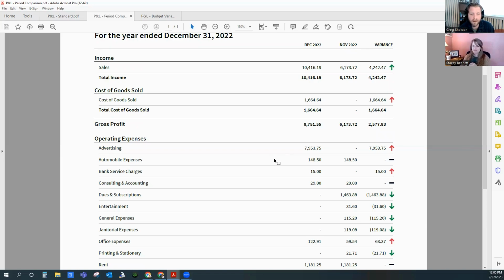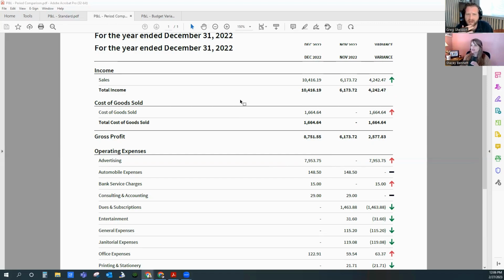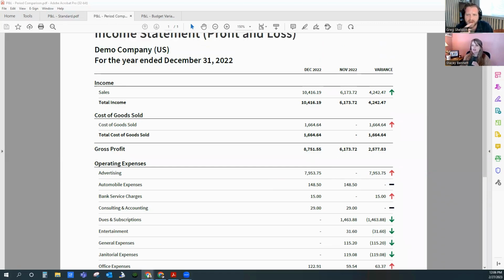Awesome. Can you put in percentage points on here to easily see it? I'm just curious. I'm not asking you to, I just don't know. Is that a capability of, like, as a percentage of income or as a percentage variance? Well, I guess you already got the variance in there, so I don't really need to. Yeah, well, I've got it as a dollar amount, but I could do, if I'm running this in